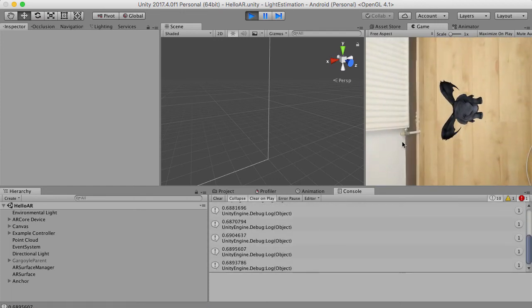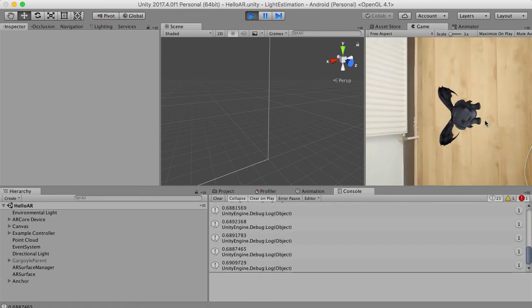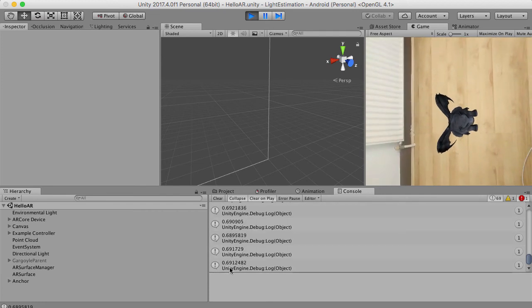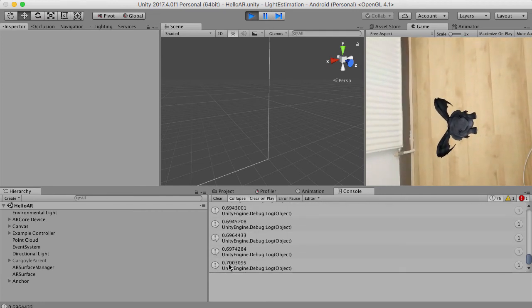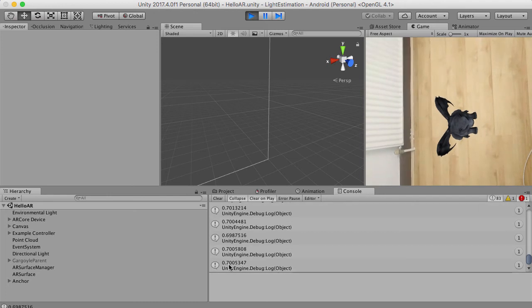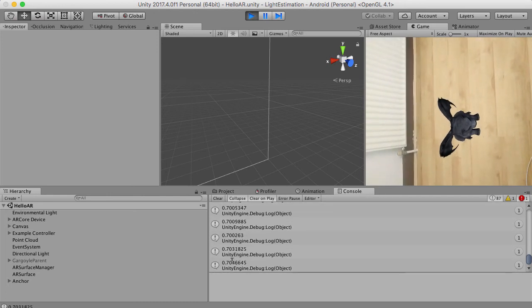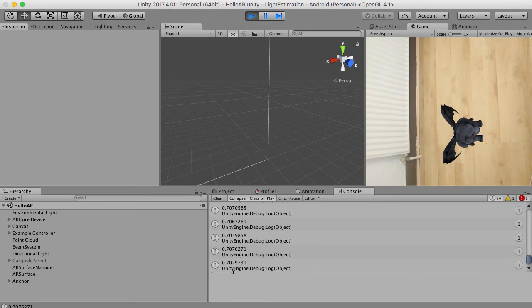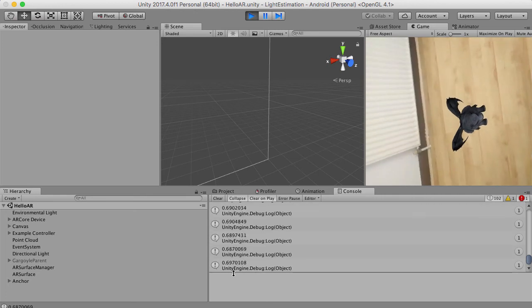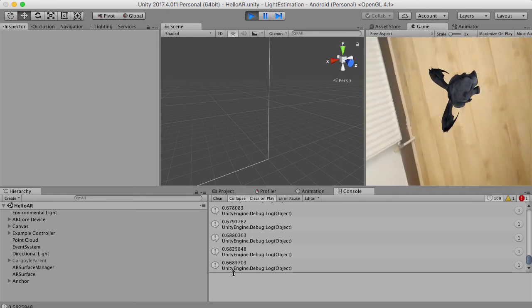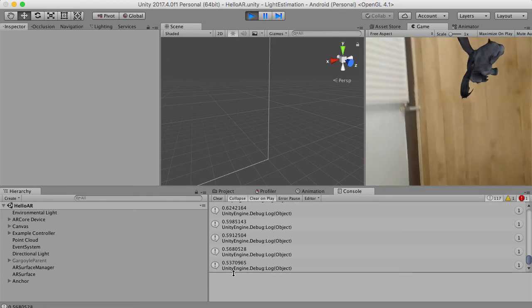If I tap, you can see the stone gargoyle, which is pretty cool looking. And we've got here it's over 0.5, so we can see the current light estimation in the room. It's quite high actually, 0.6 something, but it's quite bright in my room, but it's still not, you know, a 1 or anything. So 0.5 seems okay. Let's see what happens if I turn the light off in my room, if I can reach the light as well as the